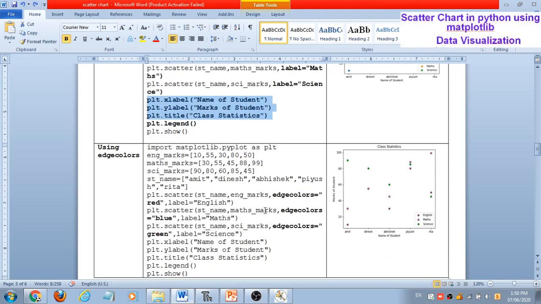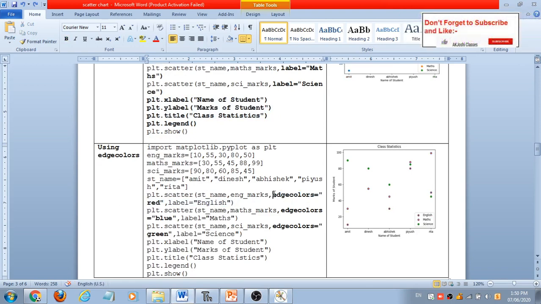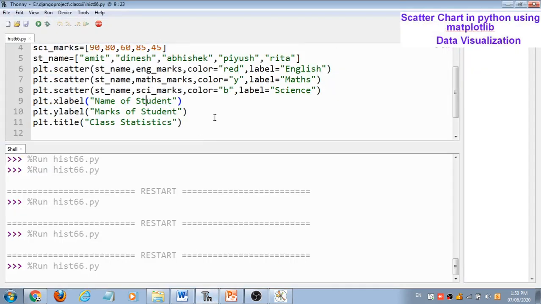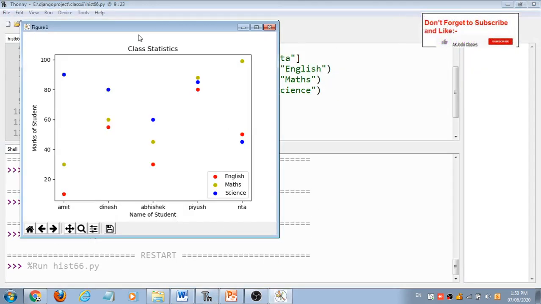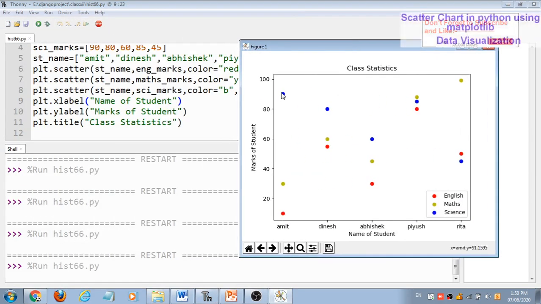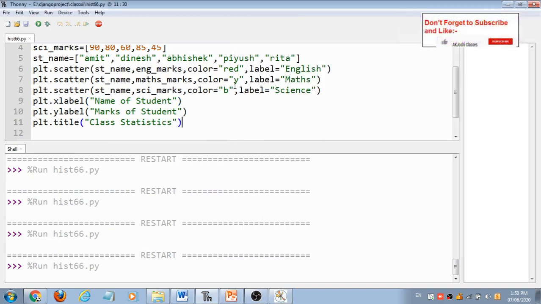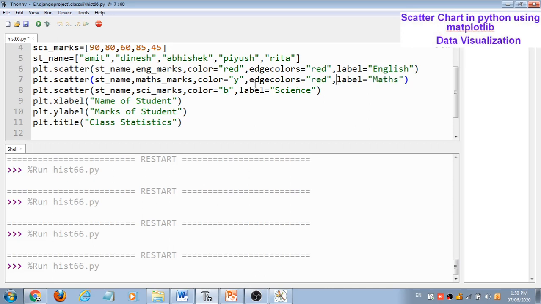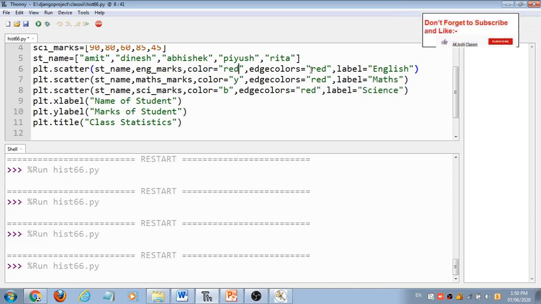Now there is an argument called edgecolor, which controls the color of the marker's edge. Now here you can see by default the marker comes like this. Suppose there is an edge for each marker and you want to control that color, then you can use this edgecolor. Suppose for this red I want a different edge color because it shows differently.